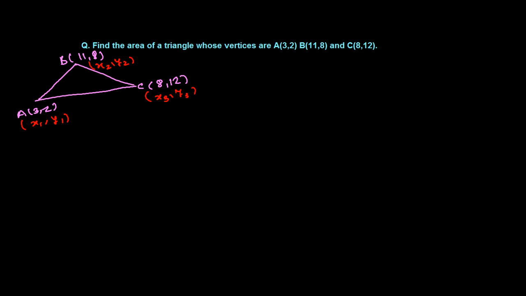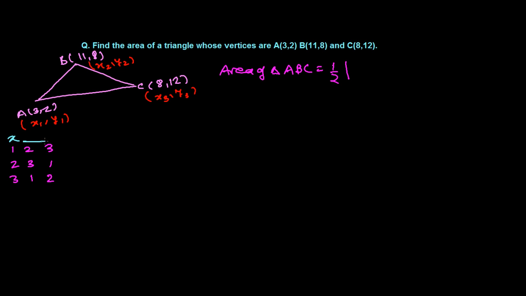So to find the area of the triangle, I had told you we can use simply the formula of the triangle. All right, so area of the triangle ABC. If you know the formula, just write here the formula, but if you don't know, then still we have a trick. I had told you, always we need to follow 1 2 3, and after that 2 3 1, and then 3 1 2.